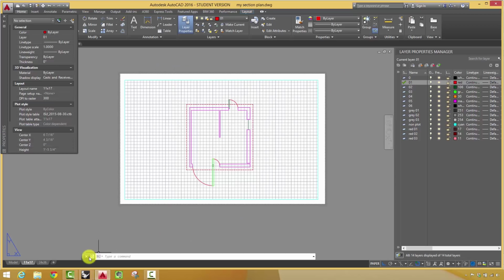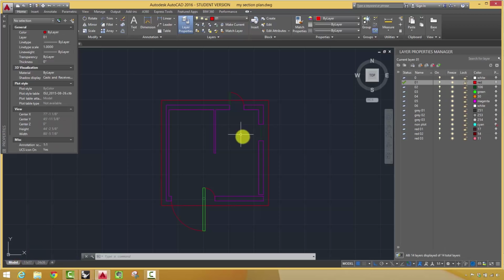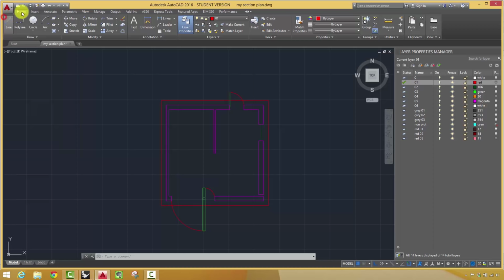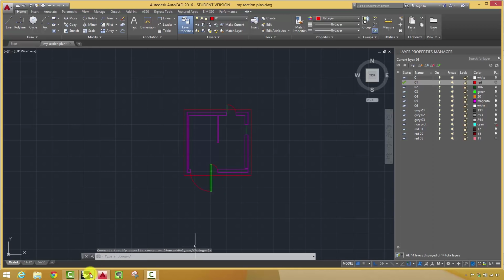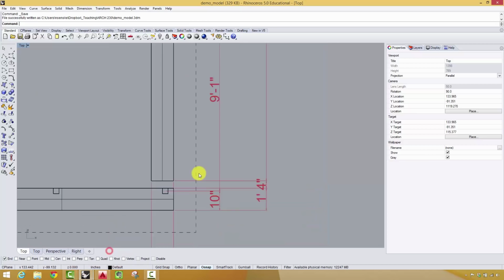So that is just generally how to craft a plan, so that you're thinking about the proportions, you're making efficient use of the tools, and then you're thinking about the hierarchy of the drawing. But this would set us up pretty well for the next drawing. If you wanted to, you could actually make a copy of this and then actually make a plan